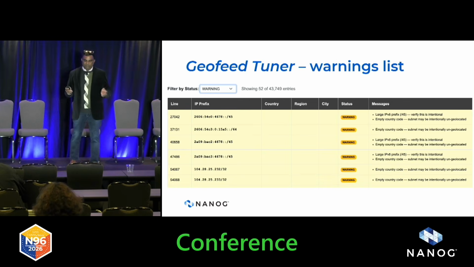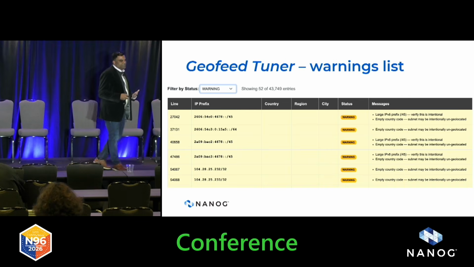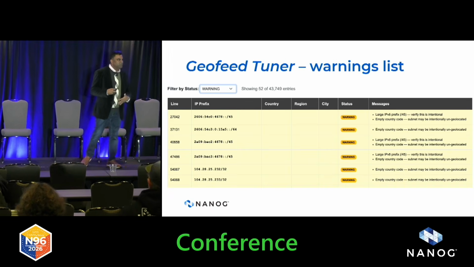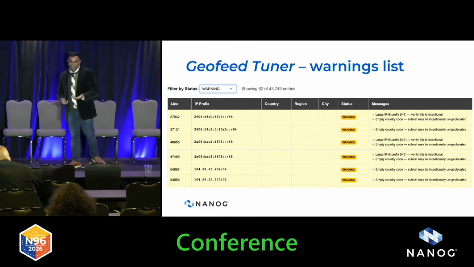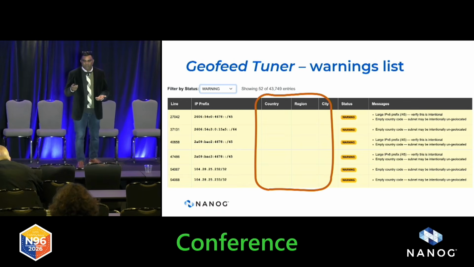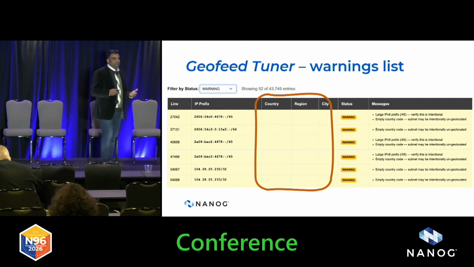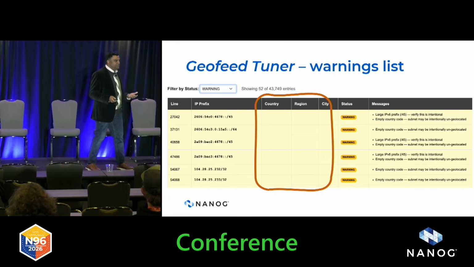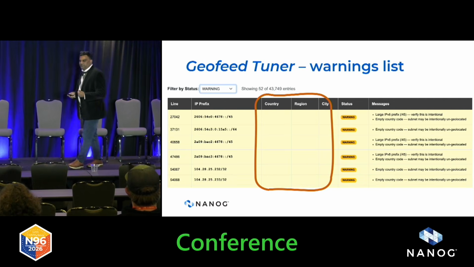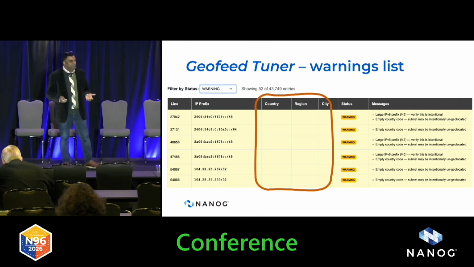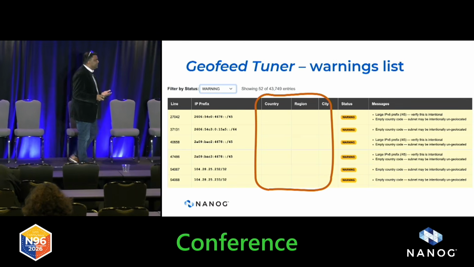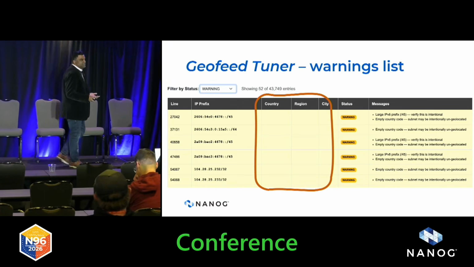Now, a lot of you have a lot of IPv6s, and this is probably okay with you. But just for the sake of making you cross-check what you meant, this is flagging it as a warning. Did you really mean to declare that all of these subnets should not be geolocated? If it is intentional that you're setting them all to empty, this is a good thing. But if you did not mean to, and you forgot to write the geolocation names, place names, that's probably an error